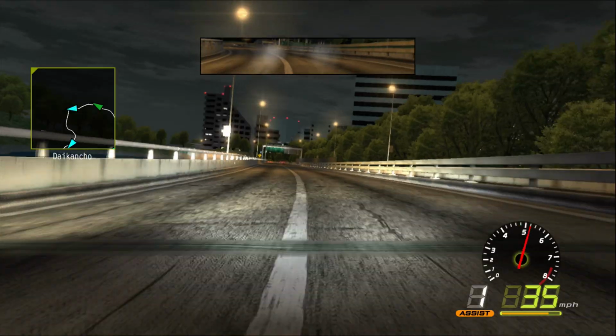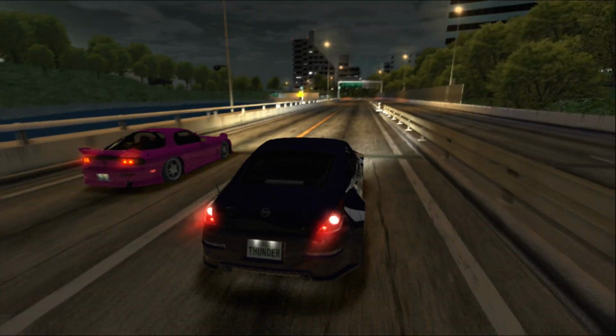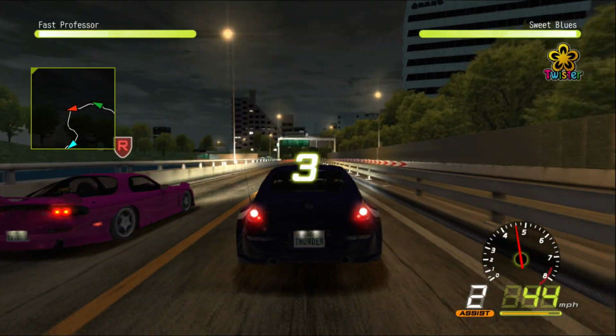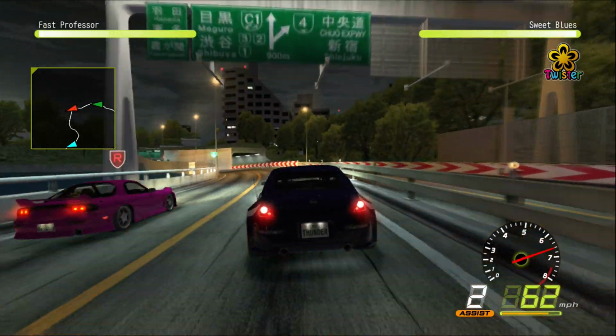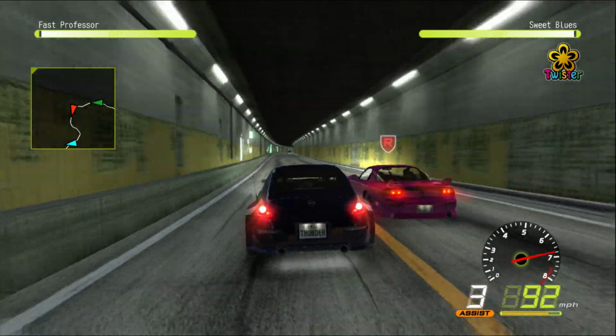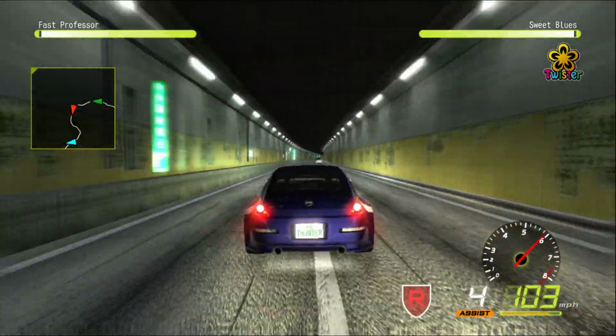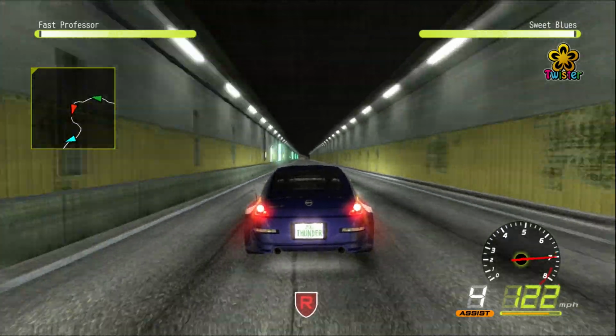Appears to be yet another member of Twister. It is a pink RX-7 Sweet Blues. That's not blues, that's pink. So Sweet Pinks it should be. Not Sweet Blues. Of course, I know that's not what it means by blues. Don't worry. Anyways,